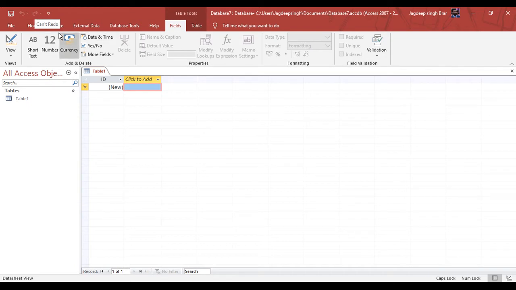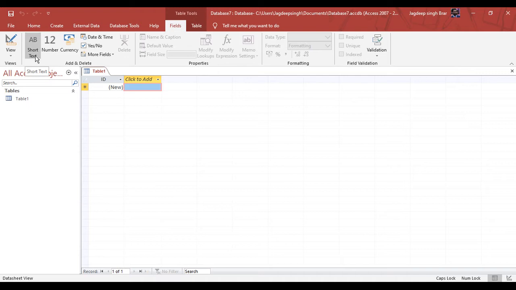Tabs. We have the File tab, Home tab, Create, External Data, Database Tools, Help and some extra tabs related to the objects. These are located below the title bar. They contain the sets of commands. The ribbon: this area comes under the ribbon area.